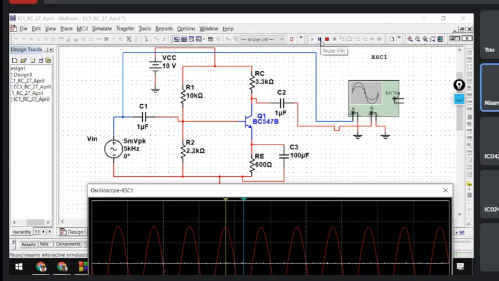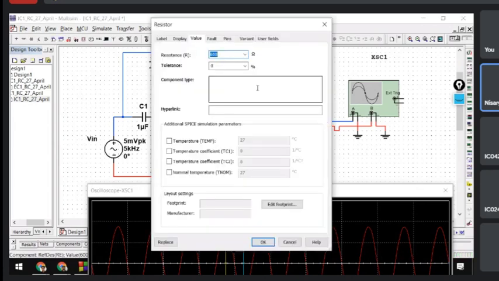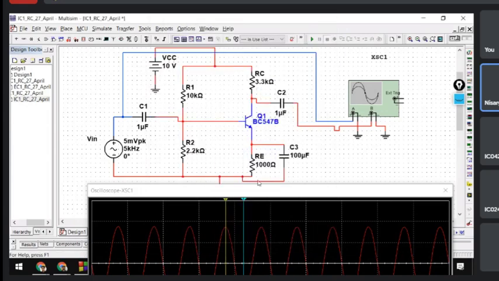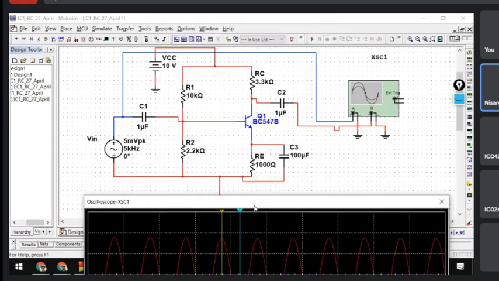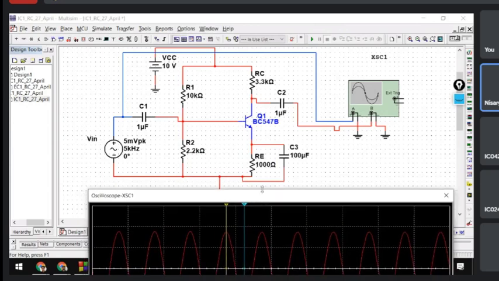Let us leave it as it is and now take the reading, right? So I will pause the circuit. Now from 1000 ohm we will start, which is 1 kilo ohm. So we will start at 1 kilo ohm, take the reading and write it down one by one. Okay, so let's do it.